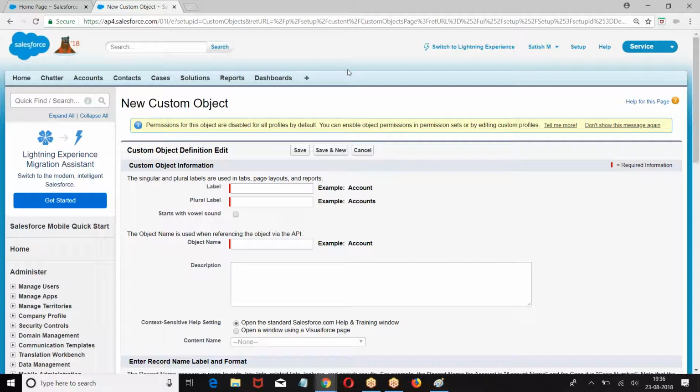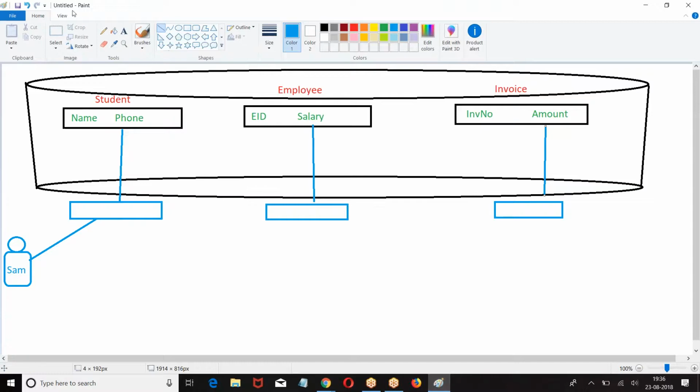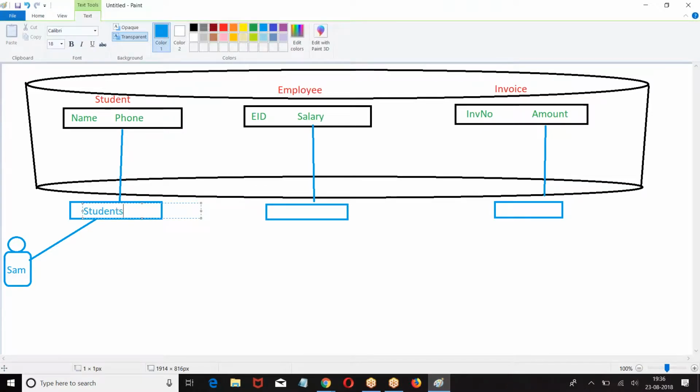It is not necessary that I always have to give accounts or students. If we give the same name, it is easier for us to understand that this tab belongs to this table. If the table name and the tab name are the same, it is easier for you to know which one will open. If I give ABC and there are 100 tabs, will you remember which tab is for which table?